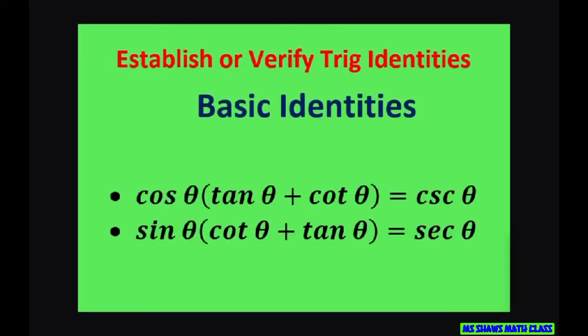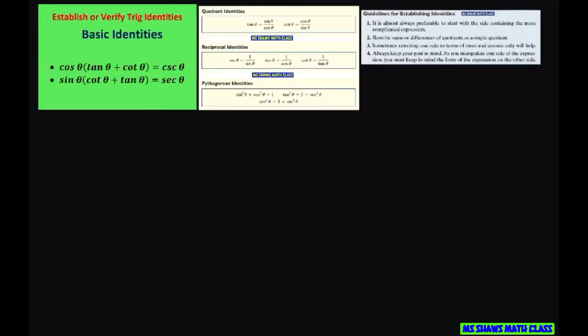Everyone, we're going to establish our trig identities here, and these are the two problems we're going to do. Since our left-hand side is a little more complicated than the right-hand side, we're going to manipulate these equations to get these answers. Now, for the first one, it helps to know what cosecant is, and I always write